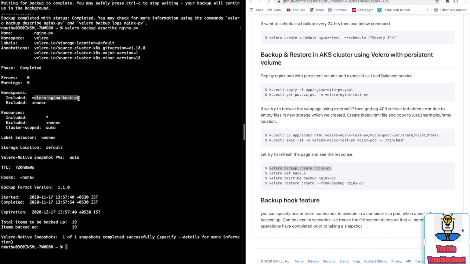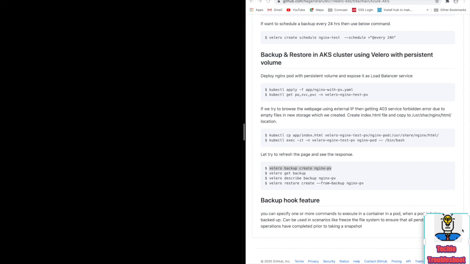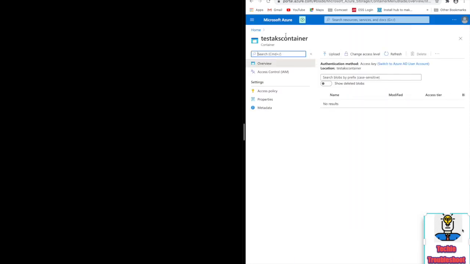If you want to take a backup of a particular pod or a set of pods, you can define whatever you want and take the backup. Okay, so now we have a backup file. As I mentioned already, one new folder is created now. Under that folder, we have a file name. So now we have the backup file.